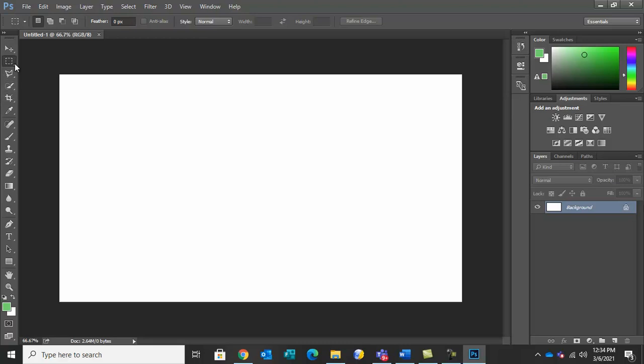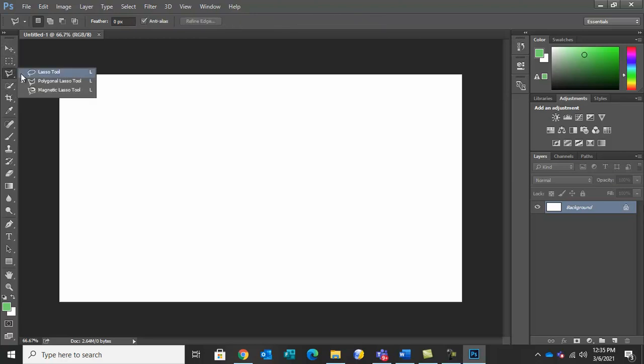See, hold on this arrow and a number of selection tools will appear. If you select this, the shape will change. So next time maybe you will think, oh, that selection tool is not available. No, go here and hold the mouse, then you will find it. For example, if you are using this one, it will come here. By default it will remain there until you select from here. Okay, so these are the 1, 2, 3 selection tools.